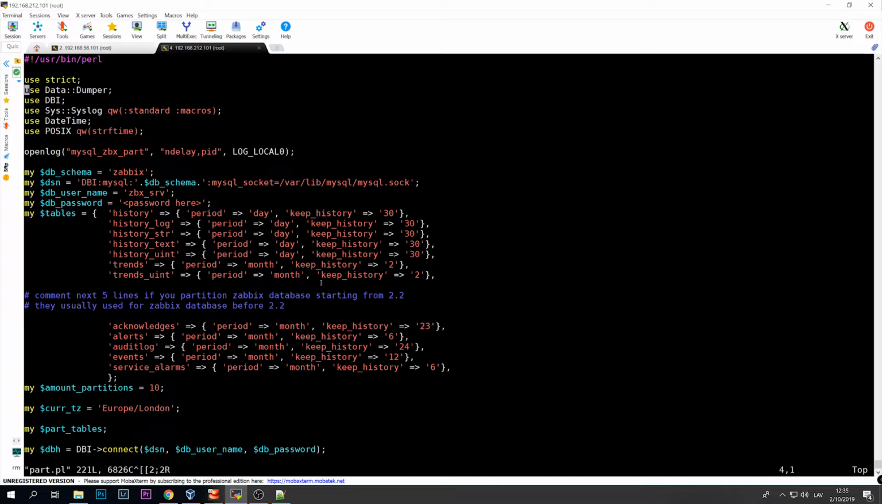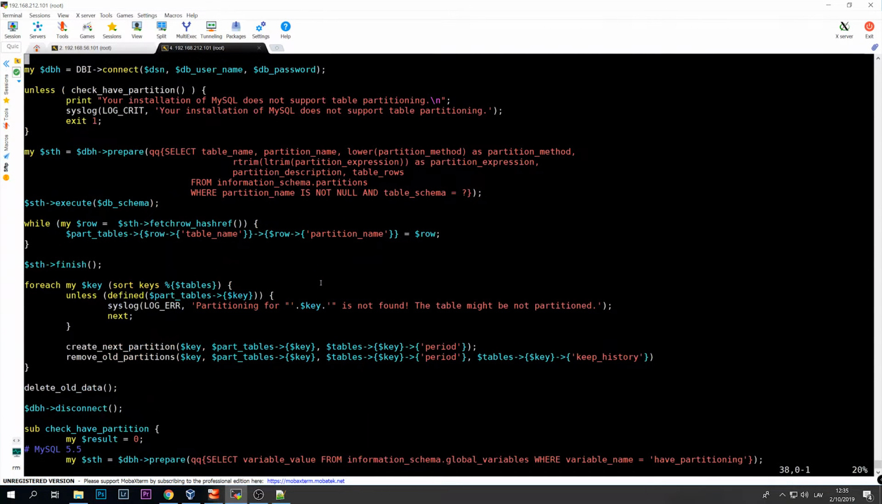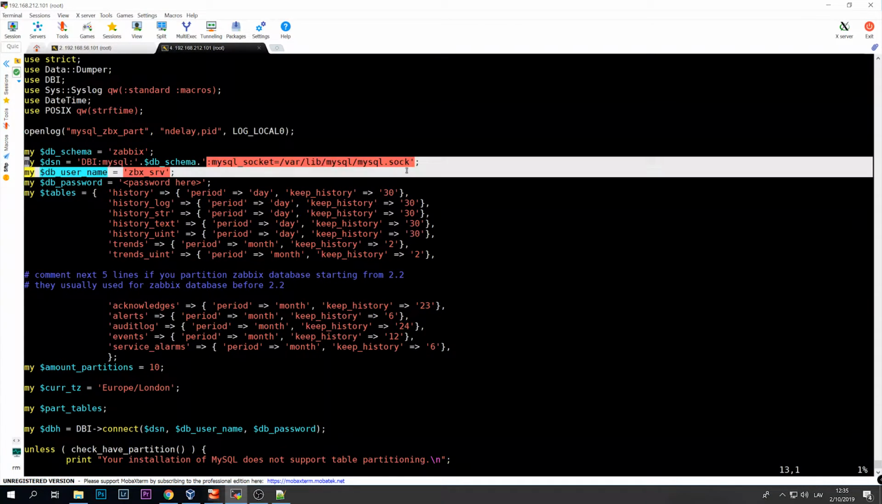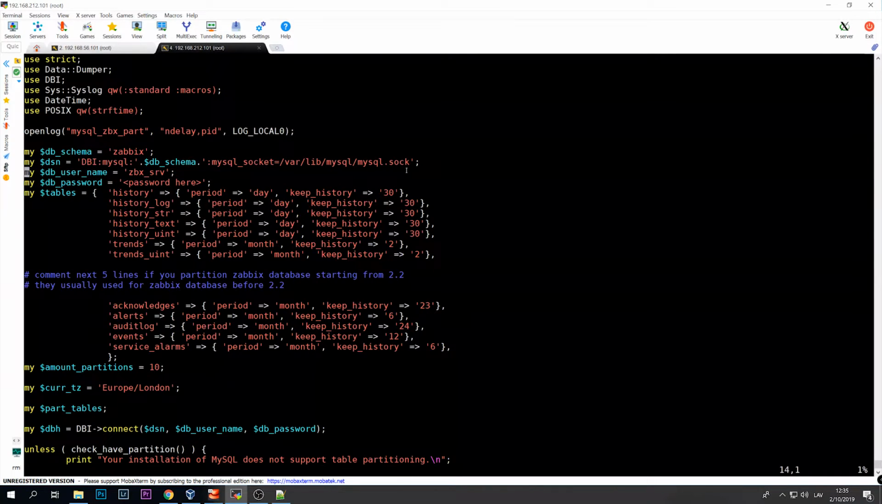A DB schema, that is the DB name. In my case it is also Zabbix, so that's absolutely fine. The location of the socket, that's the default one, so if you don't have any custom locations of the sockets for MySQL, this will be fine. Username, I have pretty simple, Zabbix, and the password is also Zabbix. Those will be the credentials used by the script to log into your database and perform the partitioning operations. Then the tables,